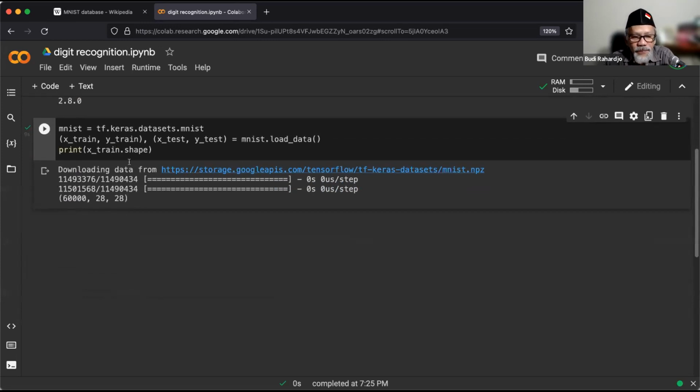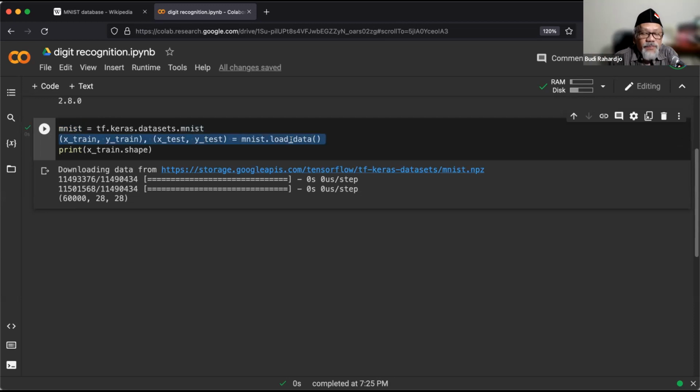I'll explain. The first line is just to assign that MNIST is actually a dataset. The actual loading is the second line. This is actually the loading.